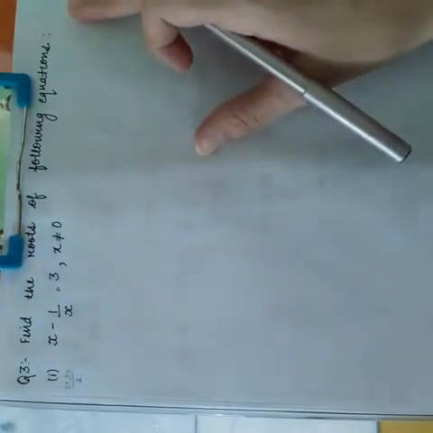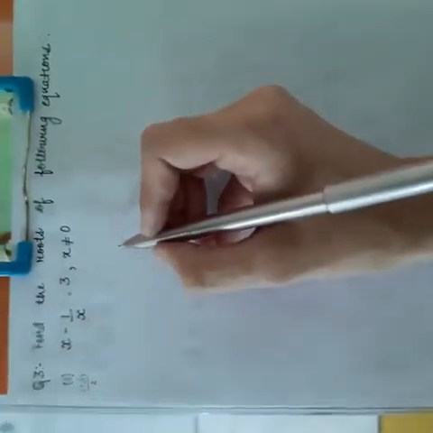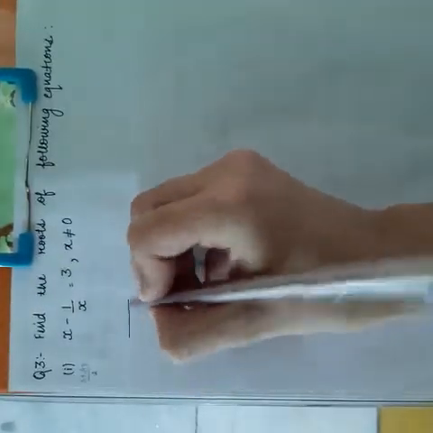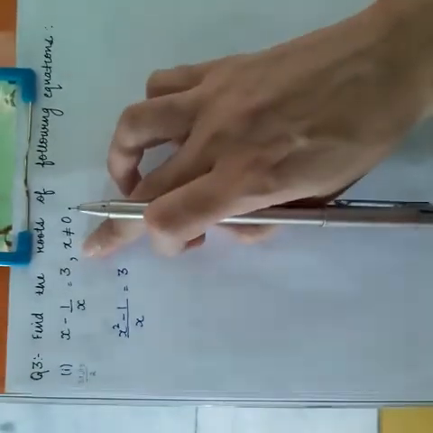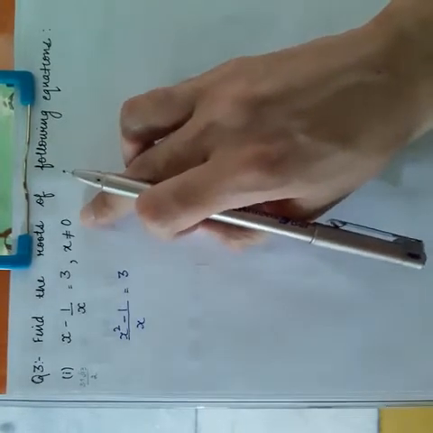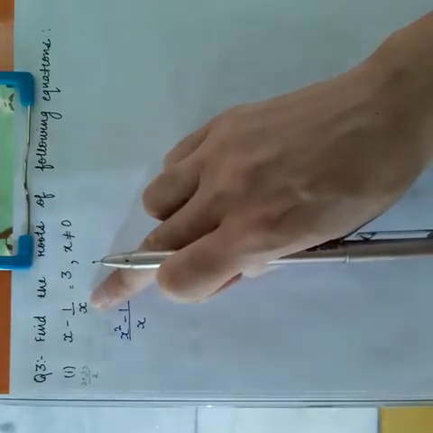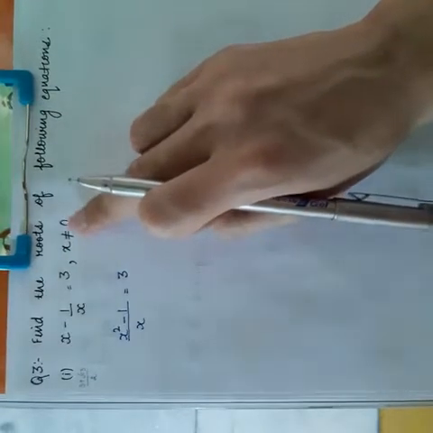Next we move on to the third question of the exercise, which has the equation x minus 1 by x is equals to 3. We have to solve it to find the roots. Now I'll tell you how to form a simple quadratic equation through this. Just take LCM. We'll have x square minus 1 is equals to 3. Now herein the question has the condition x not equal to 0. Why this condition is given? Because if x happens to be 0, in the denominator we will get 0. So 1 upon 0 is not defined. So we are already rejecting the situation that x cannot be equal to 0.